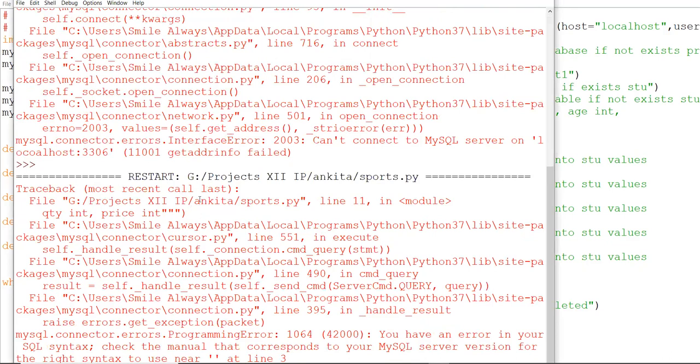Then we have another error, that is our create command is also not proper. So that also we will check.